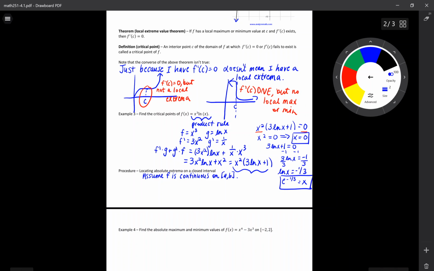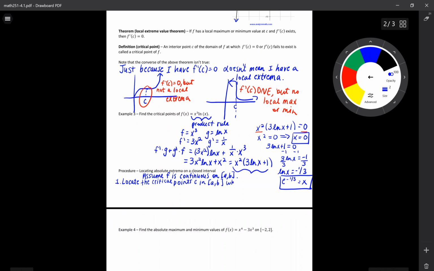And then I can do this procedure. So first, I locate the critical points using the method that we just used in example 3. Locate the critical points, we'll call them C, in our interval from A to B,